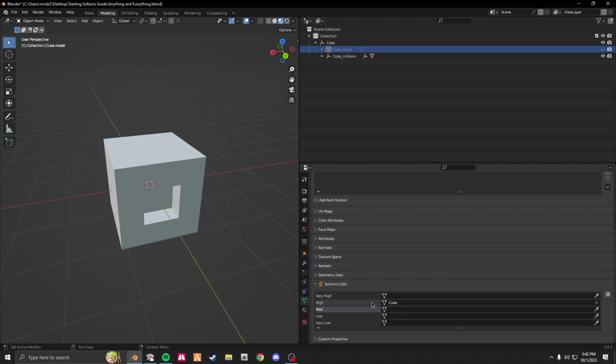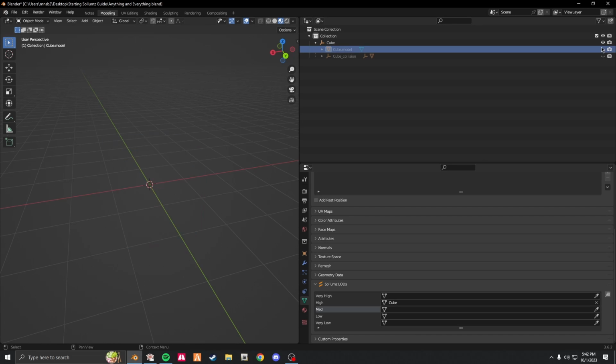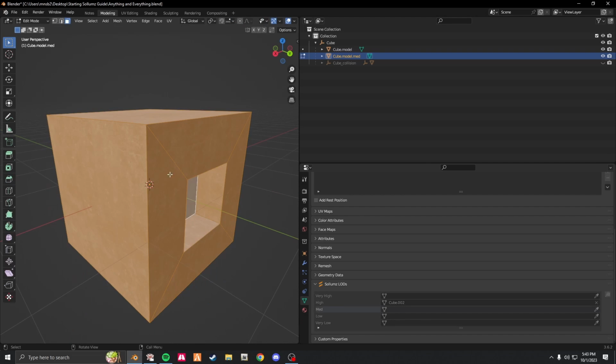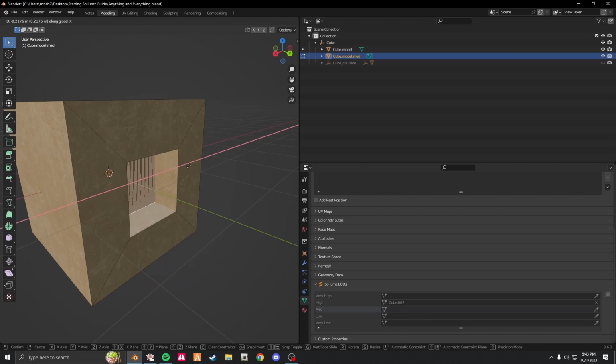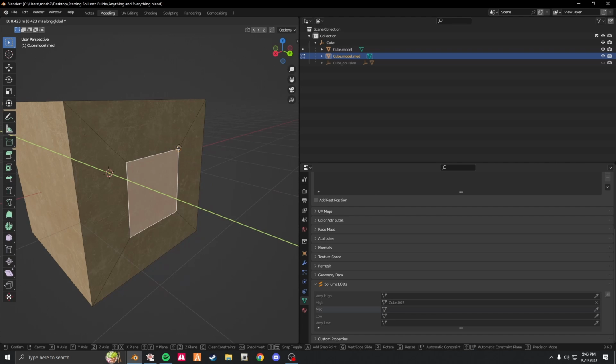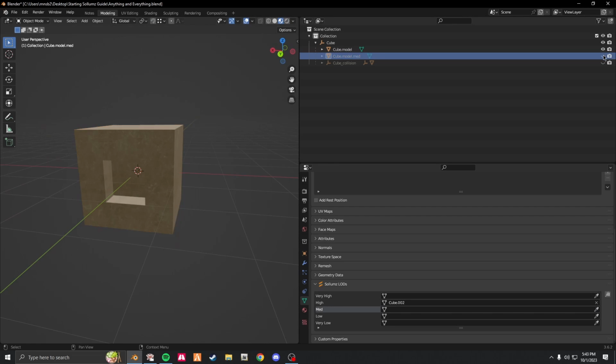And how this works is, let's say you have your, hide the collision, show the model. Let's say you have a reduced version of your base model. I'll just create one right now really quickly. And you can see this one's a lot higher detail than this one. So what you can do,